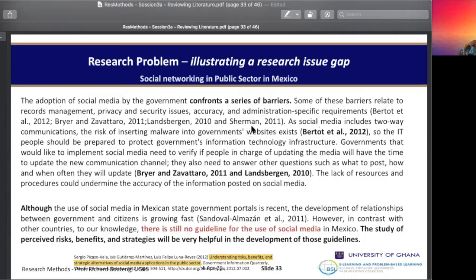And if you look at the title of the work, Understanding the Risks and Benefits and Strategic Alternatives of Social Media Applications in the Public Sector. So that it becomes the bedrock for developing the guideline. What I'm trying to emphasize here is that sometimes you can find a gap, but you can choose not to address the full gap, but you can describe an aspect of the gap, especially with the limits of time for a long essay,